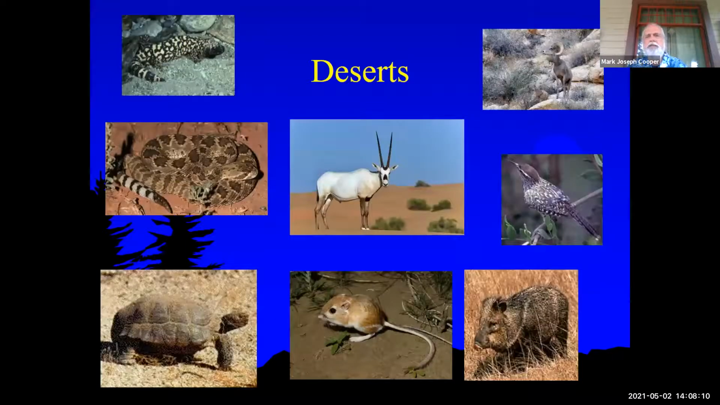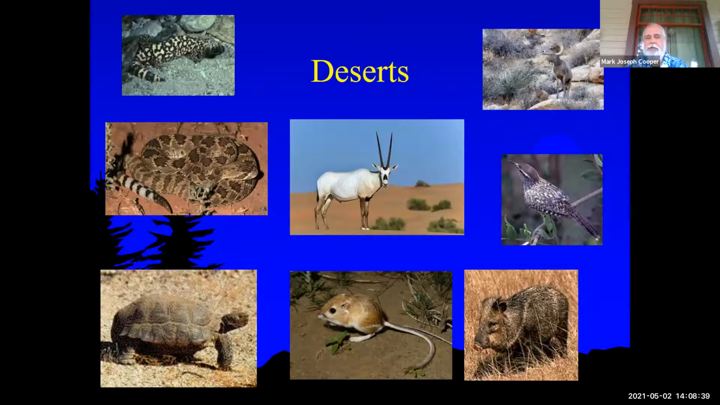All right, so lots of desert species. Up on the top left is a Gila monster, one of the 3 venomous lizards. Then we have a venomous snake, a rattlesnake, and on the very bottom left is our desert tortoise. Up on the top right is a bighorn sheep. We have a cactus wren in the middle, and then on the bottom right we have a peccary, which is